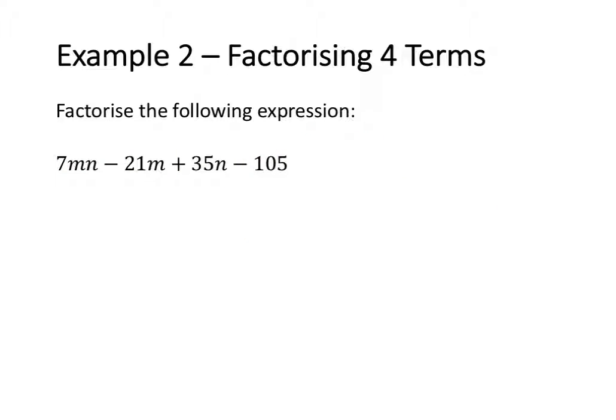In this example, I want to factorise the expression 7mn minus 21m plus 35n minus 105. Now the first step is to check for any common factors between all 4 terms. In this example, I have a common factor of 7. So I want to remove that common factor by dividing each term by 7. And I'll rewrite it with 7 being removed,